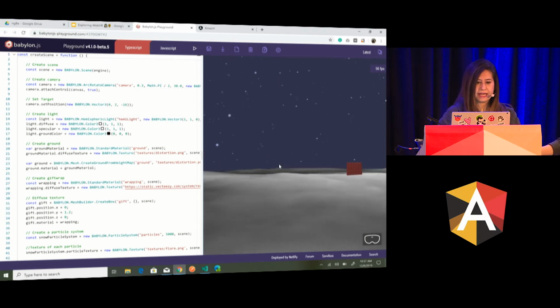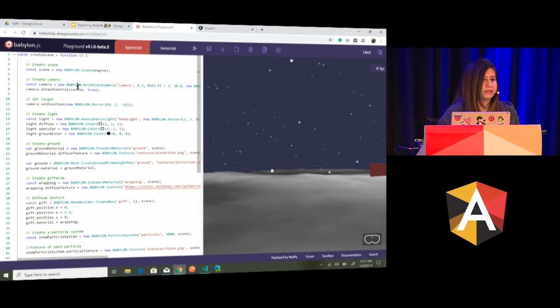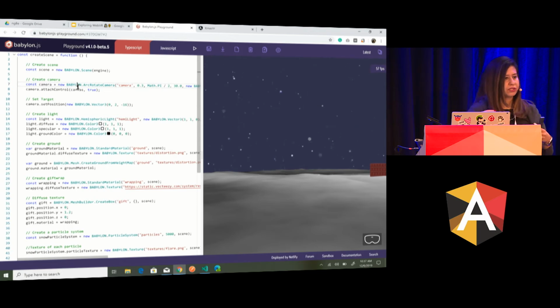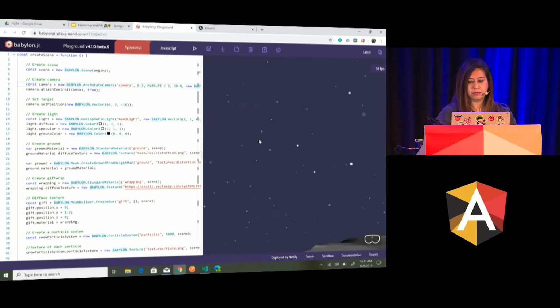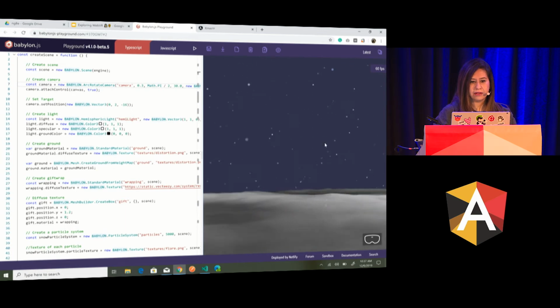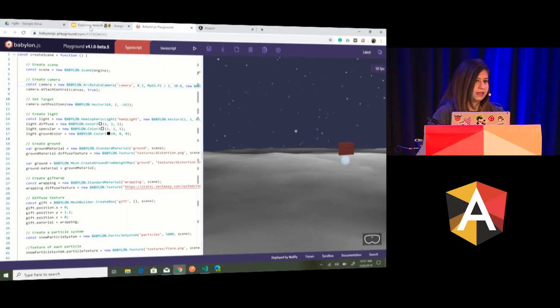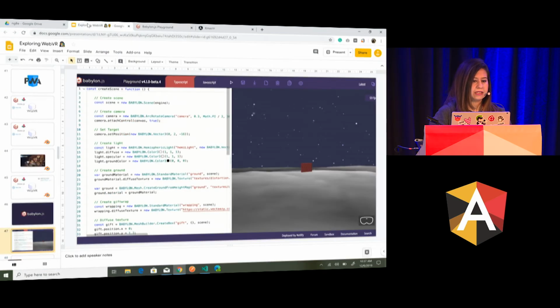You can see here that the code is not pretty tough. Because it's TypeScript, you just say that I want to create this color and position it here, and all of a sudden you can create such a cool experience and move around. So let's go back to the presentation and tell you how we did that.